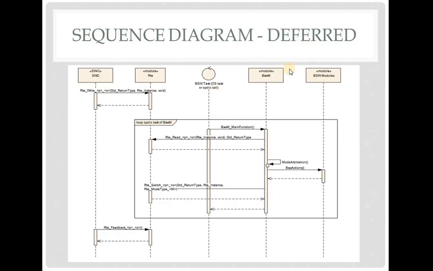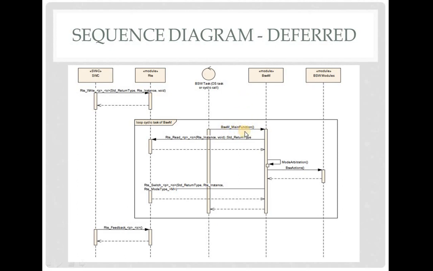Now let's see the sequence diagram for the deferred case. If it is configured as deferred, then as we saw, arbitration rule happens based on the BSW main function raster. So the software component gives a mode change request via the RTE write API to RTE.